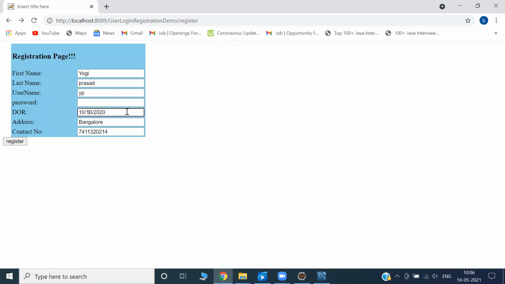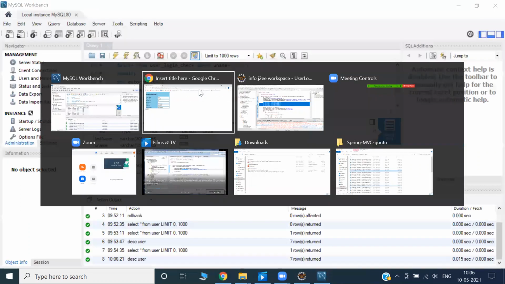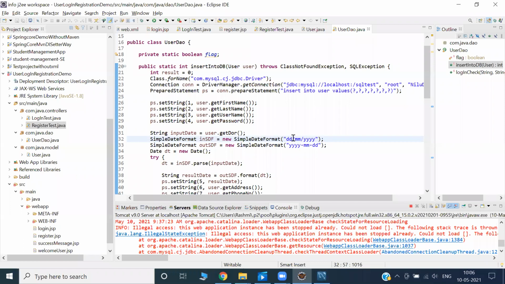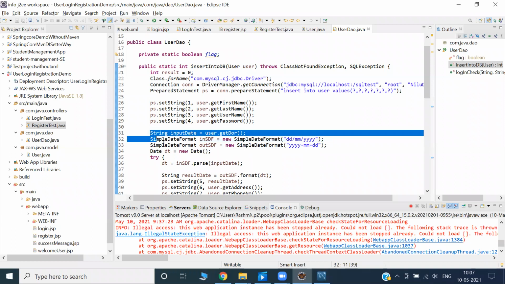Now that is the problem. I am collecting the data from the JSP, which is day, month, and year, but your database understands year, month, date. So we have to do extra work here.